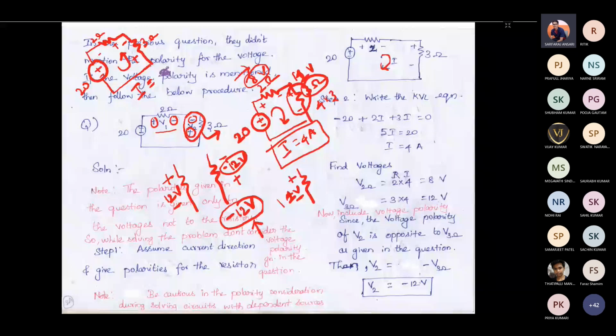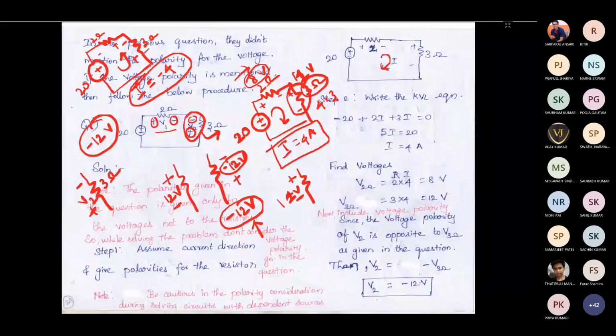So in that case you can directly write that the voltage appearing across this is minus 12 volt, because they have asked in the question for the 3 ohm resistor, we wanted to find the voltage in this fashion. Okay, so this is the V2 they require. So when you are finding the current, you see the voltage is coming as minus 12 volt here directly, because this is the way we should find the voltage. Is this clear? See, already the polarity is given.